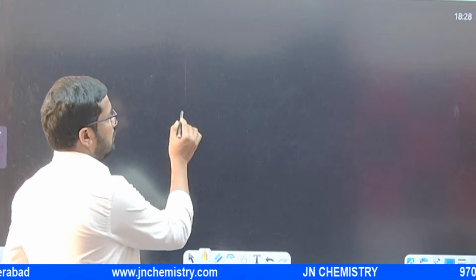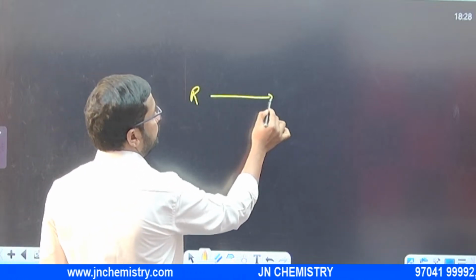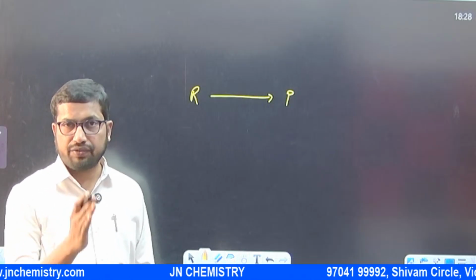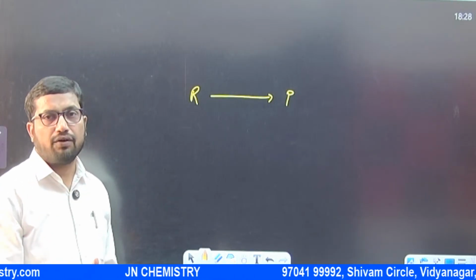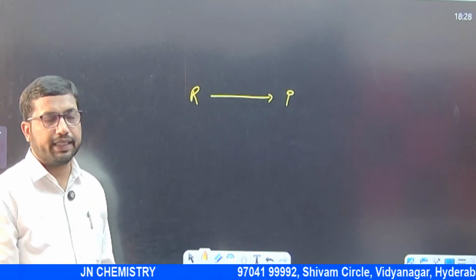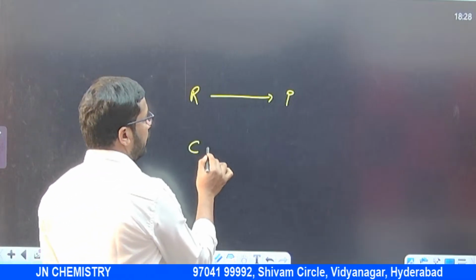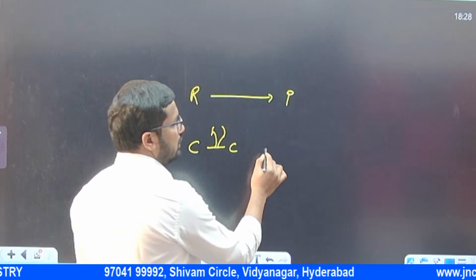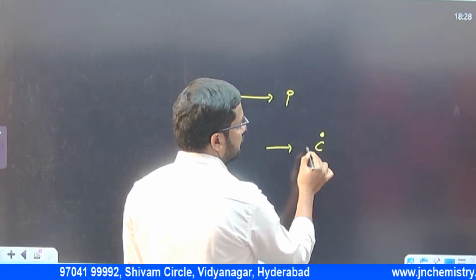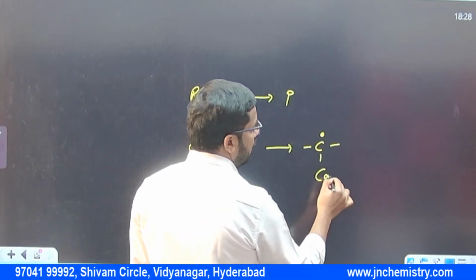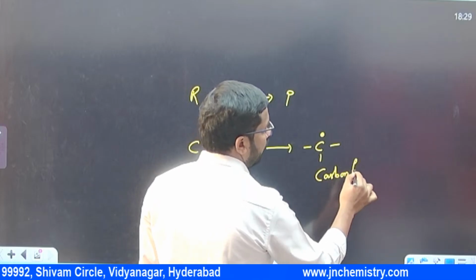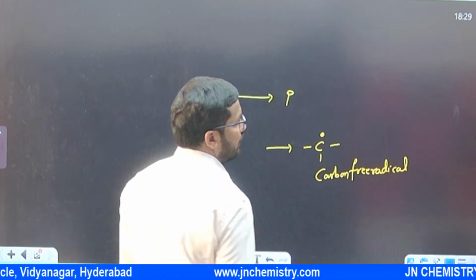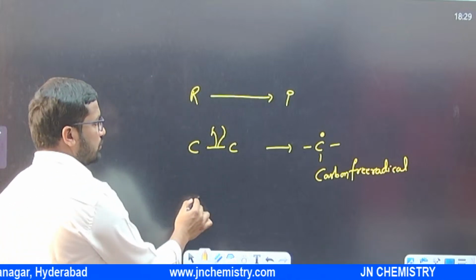Now the reactants are converting into products. First, we need to break the bond. I told you there are two types of bond breaking: one is homolytic cleavage, one is heterolytic cleavage. If it undergoes homolytic cleavage, meaning equal cleavage, we'll get carbon radicals. This we can say is a carbon free radical. If it undergoes heterolytic cleavage,